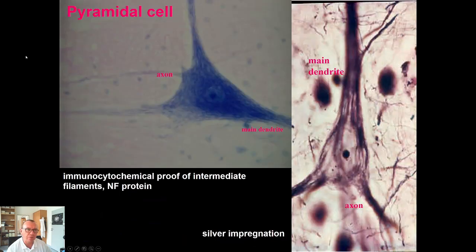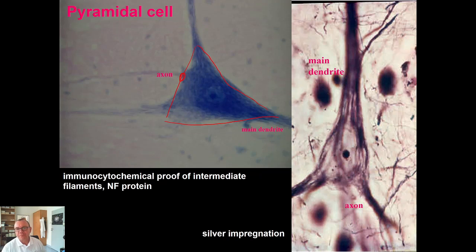So we can see pyramidal cells. I wanted to draw a shape of the pyramidal cell, but the picture skipped. So we can see the typical shape of a pyramidal cell. Of course, it is a triangle in the section, and we know that the axon of the pyramidal cell is starting in the middle of the base of this pyramid, of the shorter side, and the main dendrites are going from the